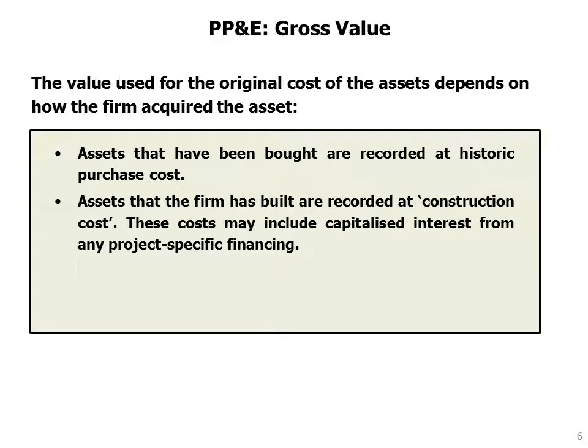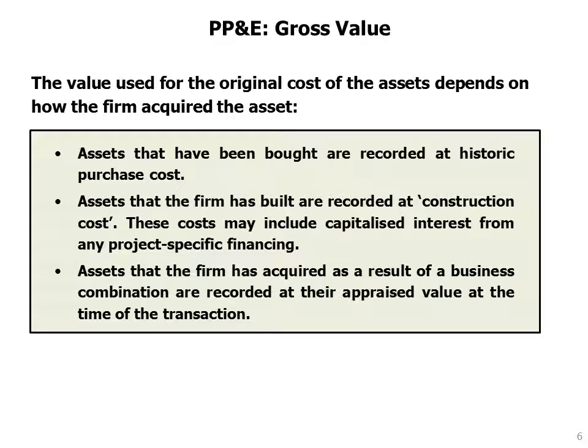Alternatively, we might have a building that the firm has actually constructed itself. If this is the case, then the costs will reflect all of the construction costs. So that's going to include the raw materials, the direct labour costs, the machinery costs, and in fact these costs may include capitalised interest from any project-specific financing during the construction phase. And finally,